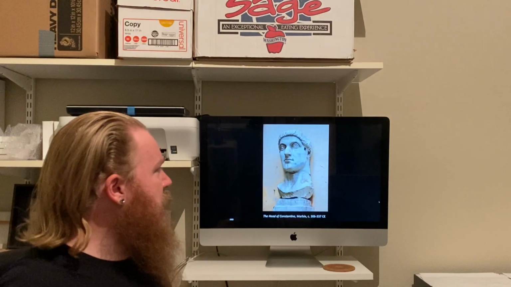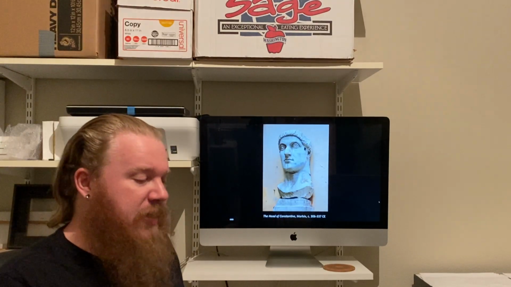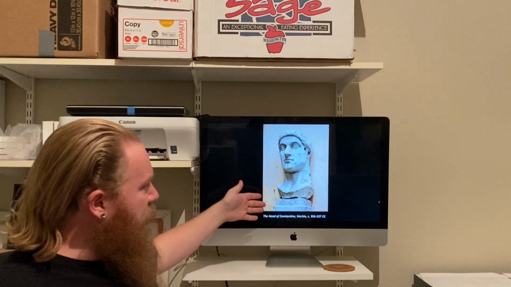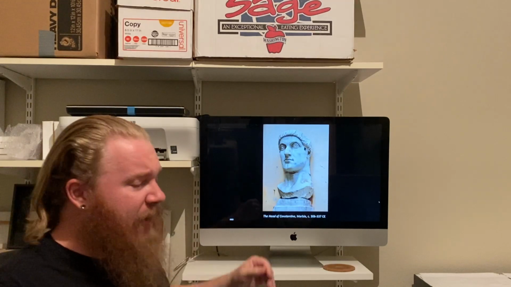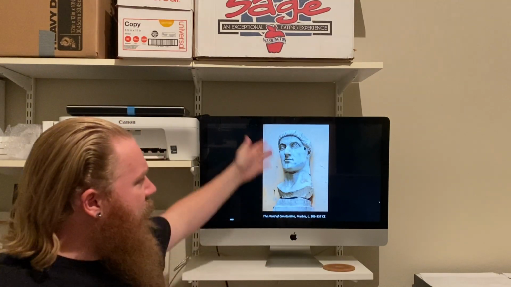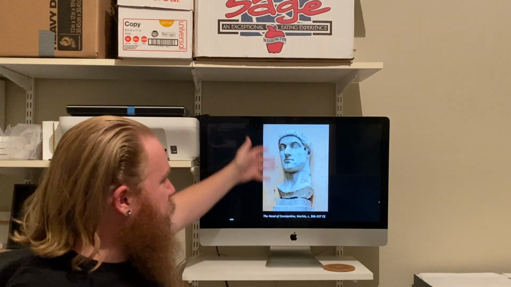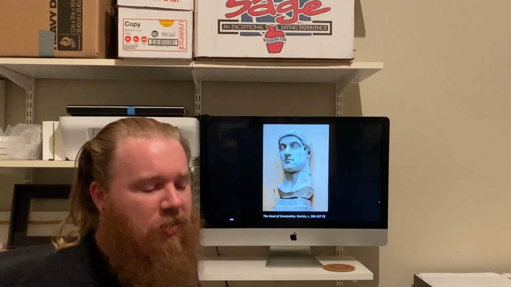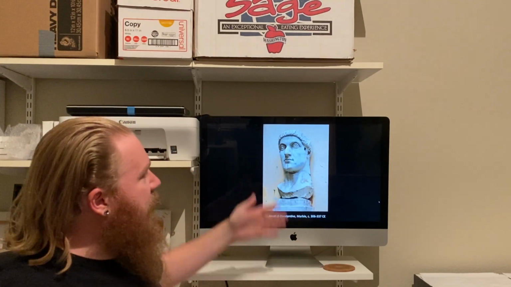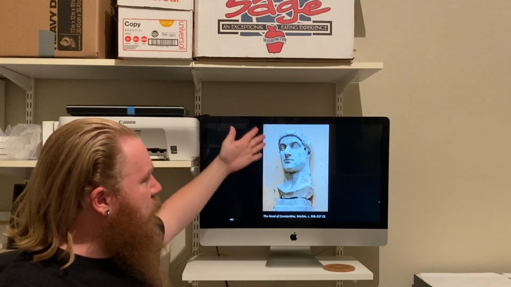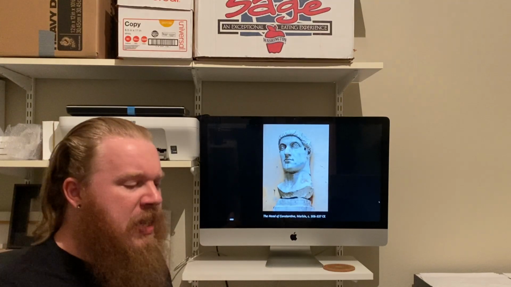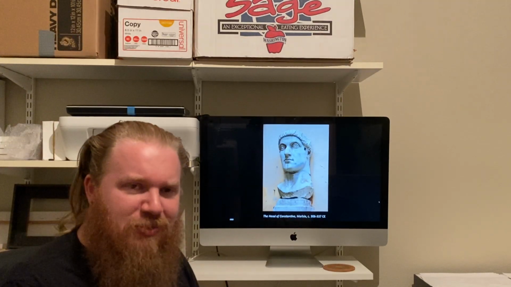So here we can see what's known as the head of Constantine. This is actually one of a few pieces of this that survived to this day, but it was originally a very massive sculpture. I believe it was originally over 40 feet tall. The head here itself is at least 5 or 6 feet tall. It's very big. But we can perhaps see that we are starting to shift away from this very realistic, naturalistic